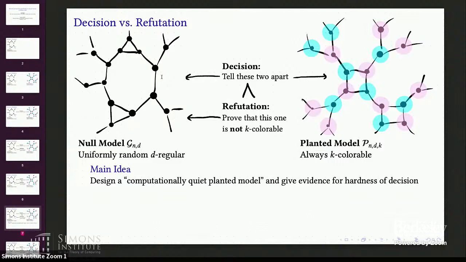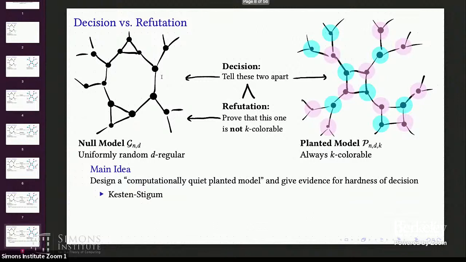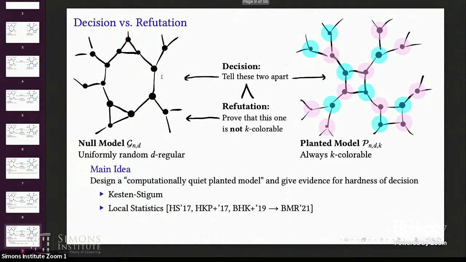In the paper that I'm talking about, we discussed some very basic kinds of evidence for hardness of decision. We just computed the Kesten-Stigum threshold, a very simple thing to do. We also studied this local statistics hierarchy, which was introduced in a paper of mine with Siddhant, who's in the audience, and Prasad, who I think is not. The idea is that it's like a semidefinite programming hierarchy for decision problems that is indebted to all of the lovely work on pseudo-calibration and sum of squares that many folks in this room have worked on. So that was the stuff in the paper.